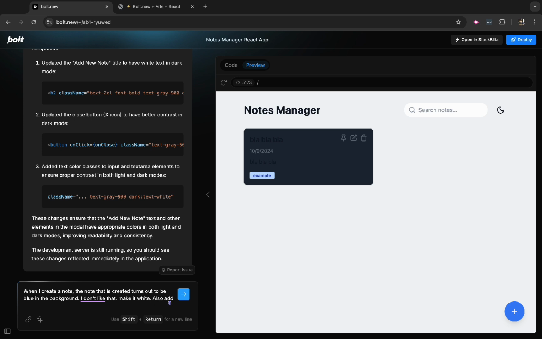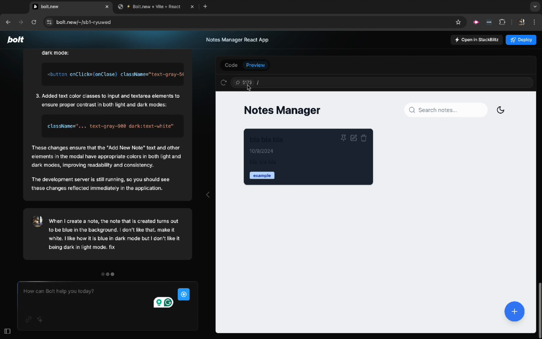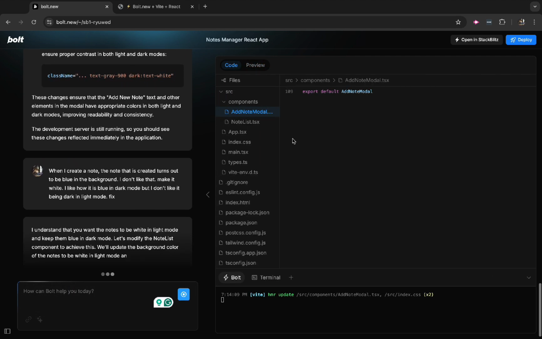Also, make it so, well, I like it in dark mode, but I don't like it in light mode, so let's tell it. I like how it is blue in dark mode, but I don't like it being dark in light mode. Fix. So now it's going to fix this